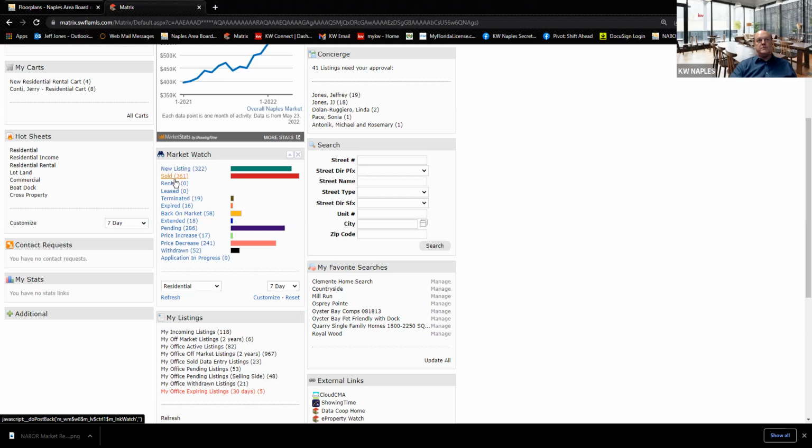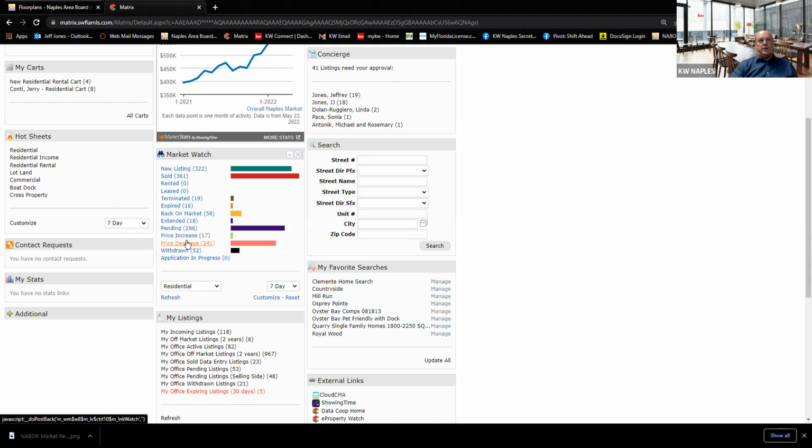And the solds generally represent a period of time, probably a month earlier, that these went pending. So again, back on market, 58, 241 price decreases. So we had almost as many price decreases as we had pending sales. So it's a sign that the market's moving. We think it's in the right direction because there was so much demand for so few properties. Now, as we start to add properties to the mix and we start to see prices come down a little bit,